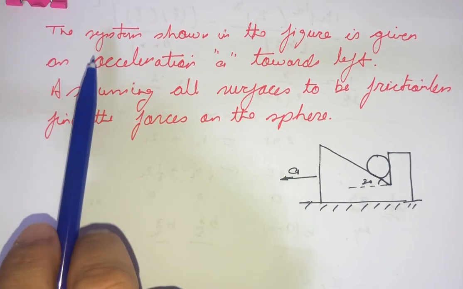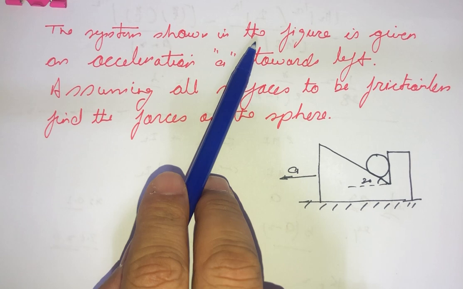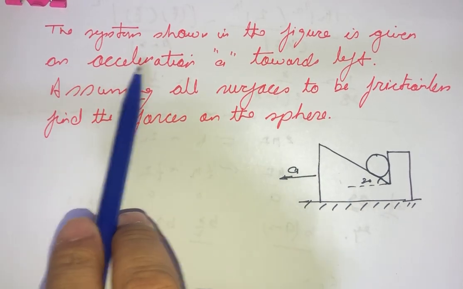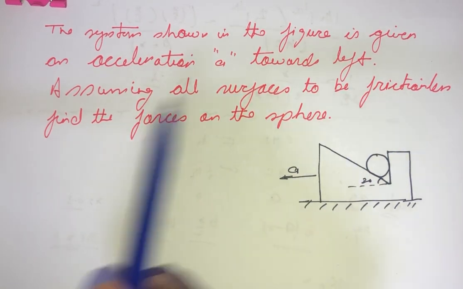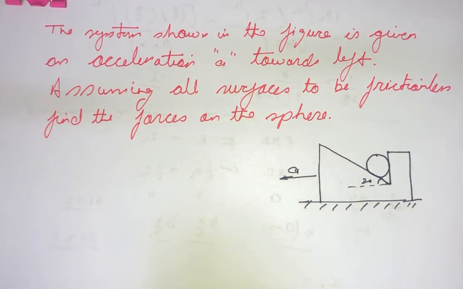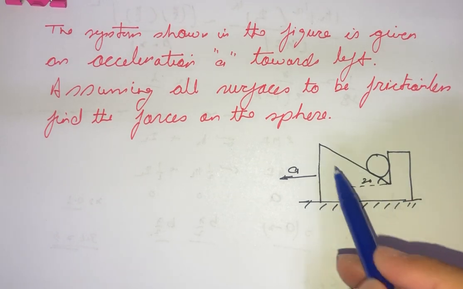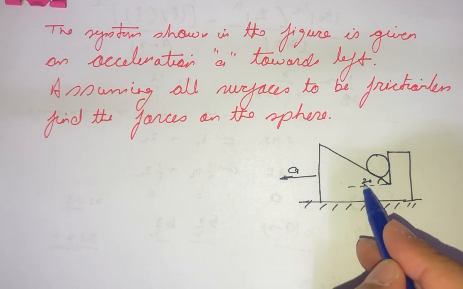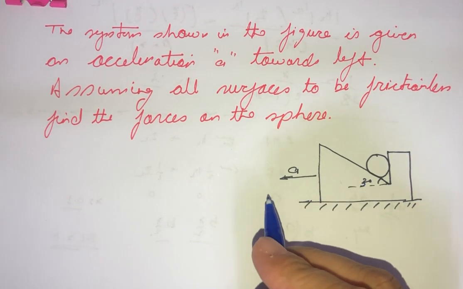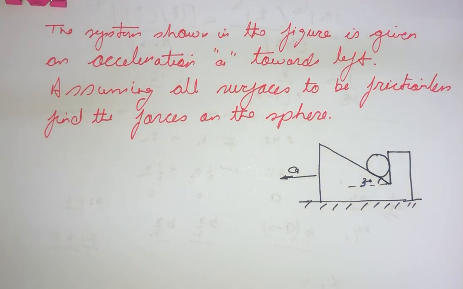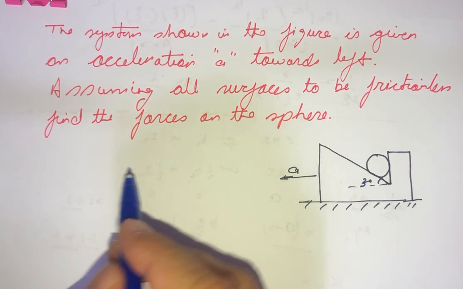Hello friends, in today's question, the system shown in the figure is given an acceleration A towards left. Assuming all surfaces to be frictionless, find the forces on the sphere. So this is a sphere and it is placed on an object which is given an acceleration A towards the left direction. And we are supposed to find out what forces will be acting on the sphere. So let's draw a